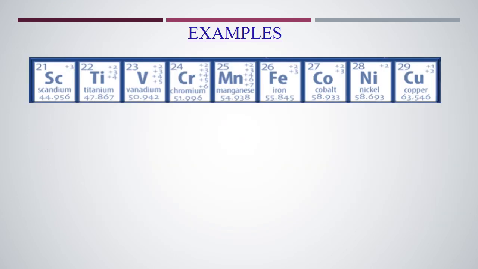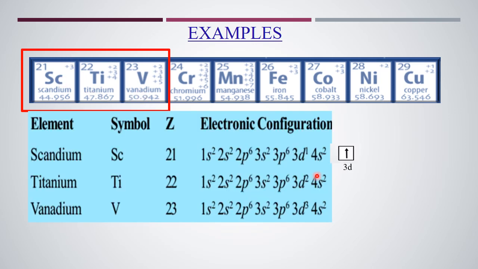If we look at the electronic configuration of the first three members, scandium, titanium and vanadium, it shows that scandium has one unpaired electron in the 3d orbital, titanium has two unpaired electrons in the 3d orbital, and vanadium has three unpaired electrons in the 3d orbital. So due to the presence of these unpaired electrons, they are attracted towards the magnet and are